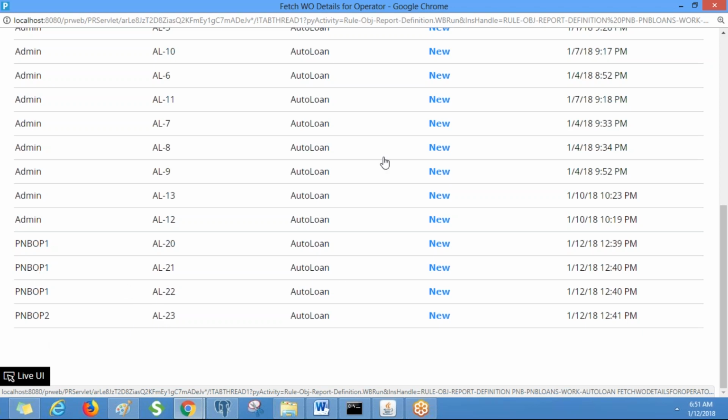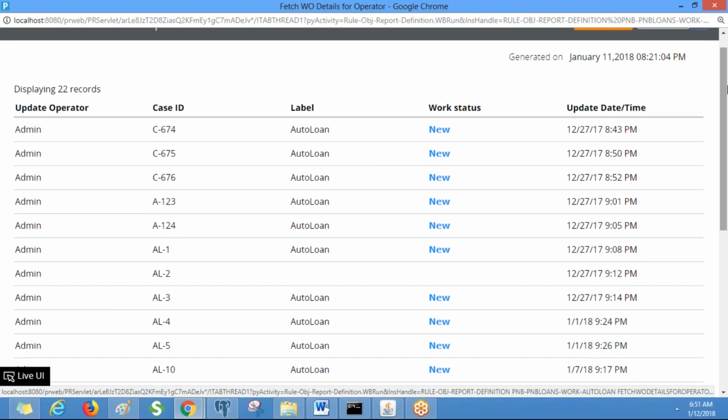So here we have three distinct operators along with recent update time. So we already have a sub report with operator id and recent update date, right? So we are going to use that report in the main report.